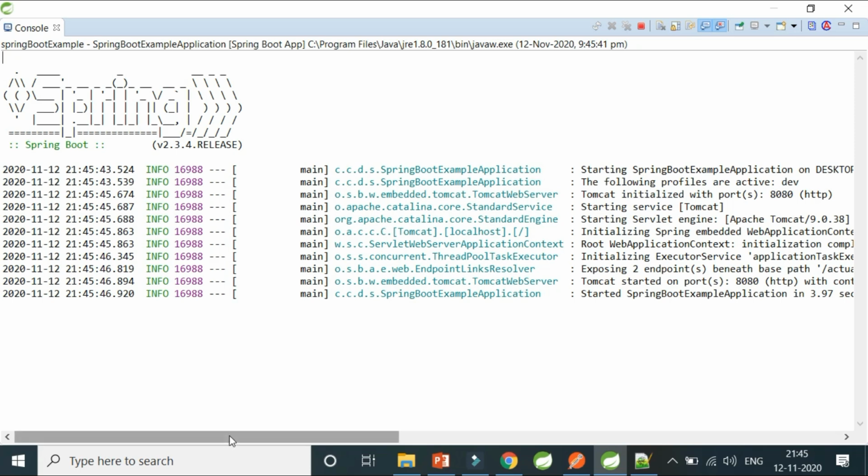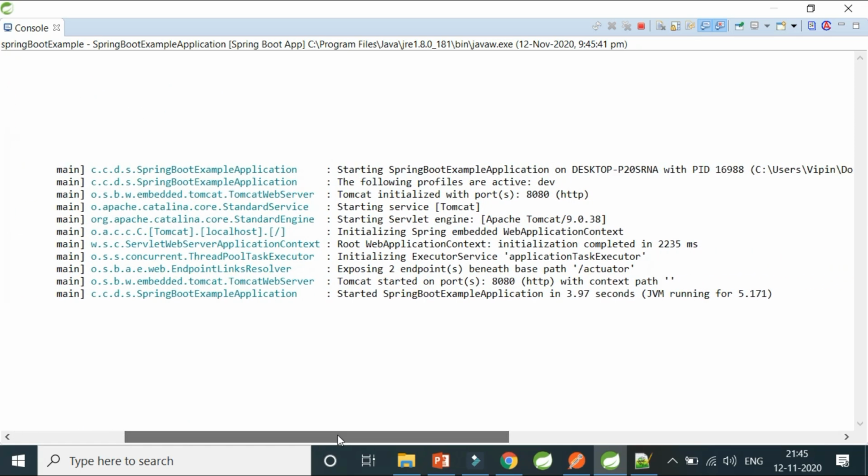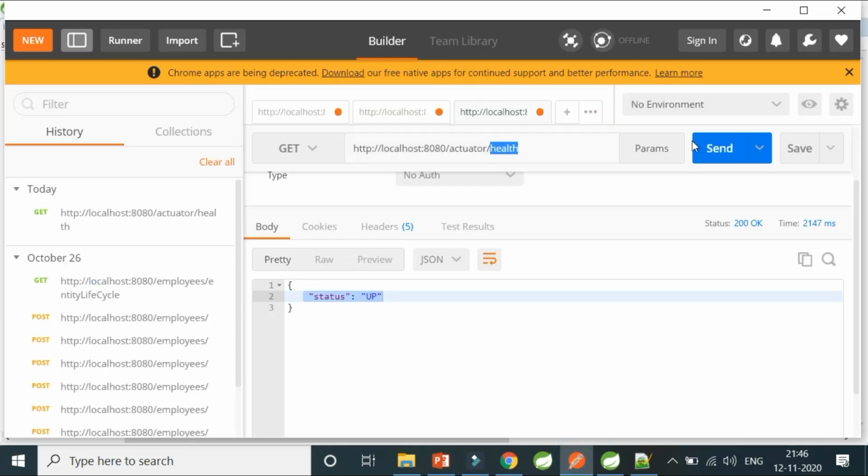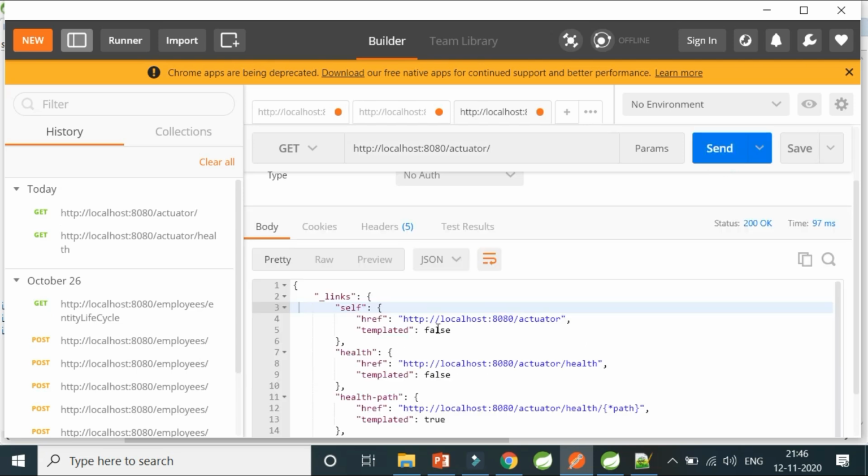Okay, so if you can see, it is starting the application on 8080, simple, and now I'll try to hit this for you and it says the status is up. Now I was telling you that /actuator is something you get by default if you have the actuator dependency added in your Spring Boot project.